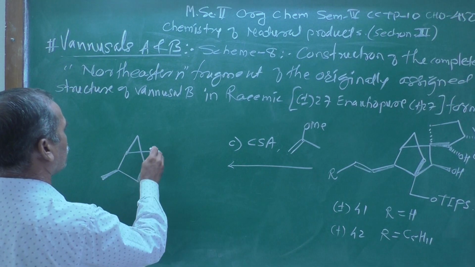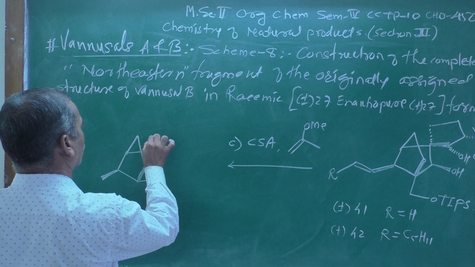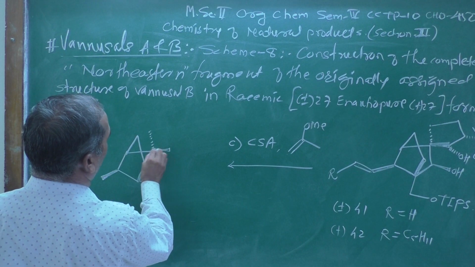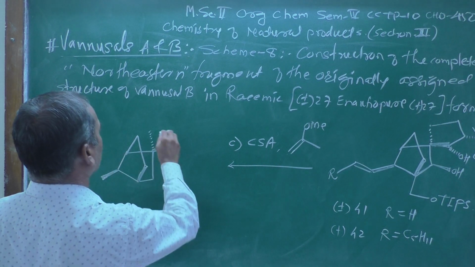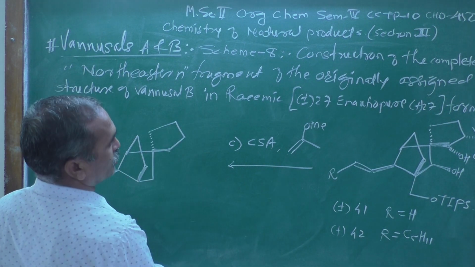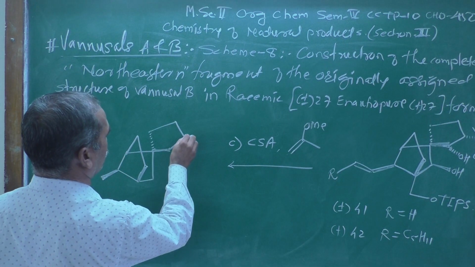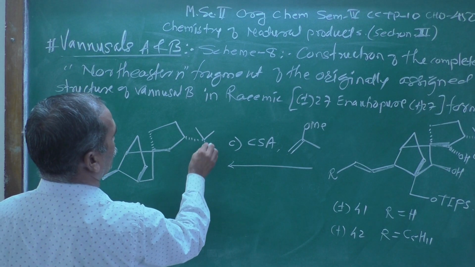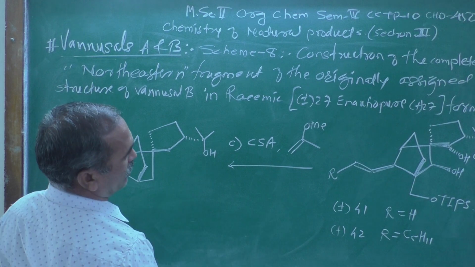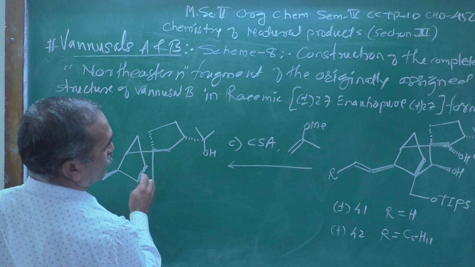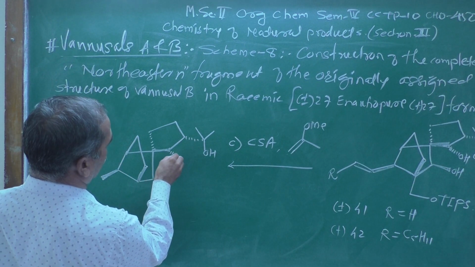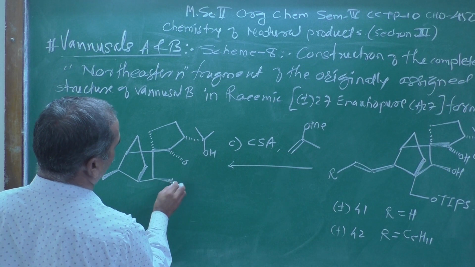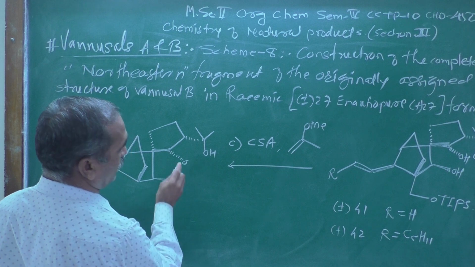If you draw the structures again and again, it will be better for you. So you can draw this 5-membered ring, the other secondary alcohol which remains as it is. Now here this hydroxy group O, and this is the group which is above the plane.